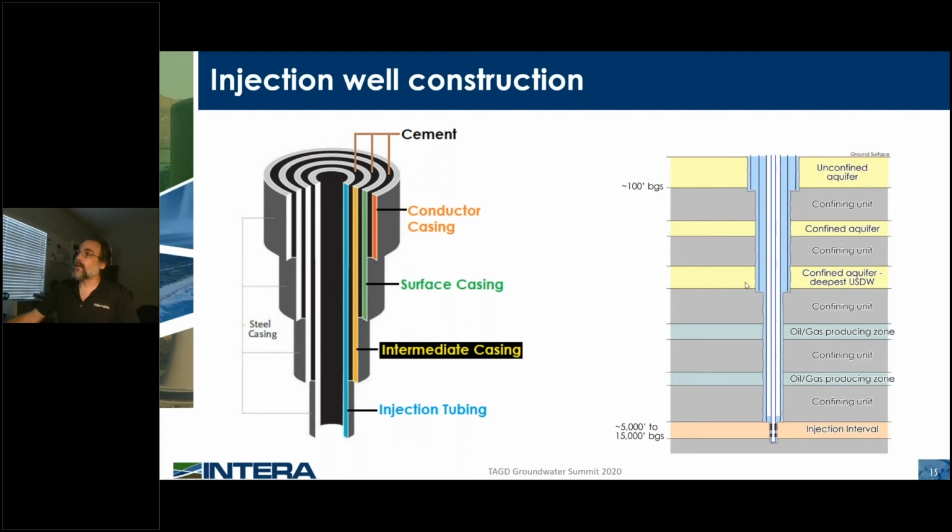So this is a cross section showing an individual well, and these lines here represent the individual casings. Over here you can see there's a conductor casing at first, then surface casing, intermediate, and so forth. So that's what these represent. Here's some labels. This blue here is the injection tubing that goes down. And the way these are drilled is you use a large diameter bit, usually about 2 feet across or even more, that goes down to just below the unconfined aquifer, generally below any unconsolidated sediments. So you've got soils and sand and gravels and that sort of thing, and you get into solid rock. They'll drill that down and put in this large diameter conductor casing, cement that into place,